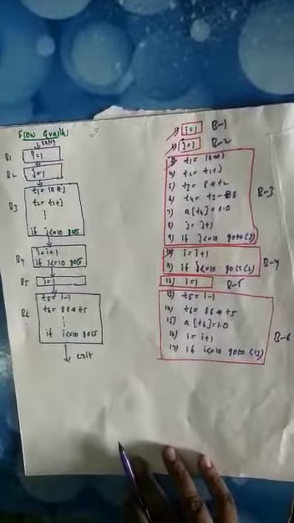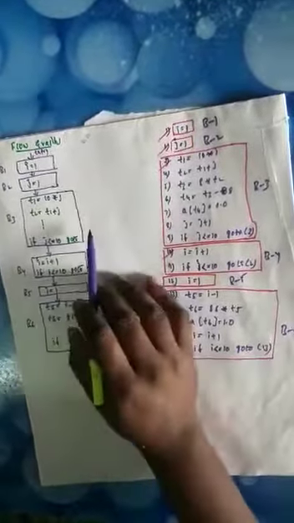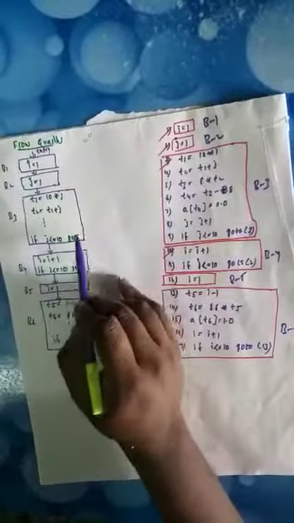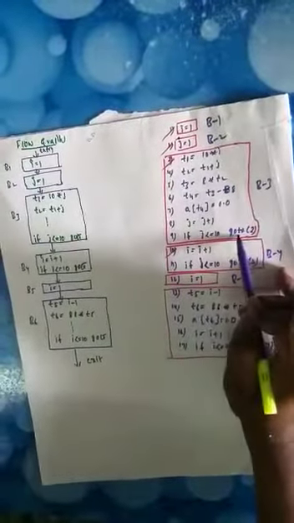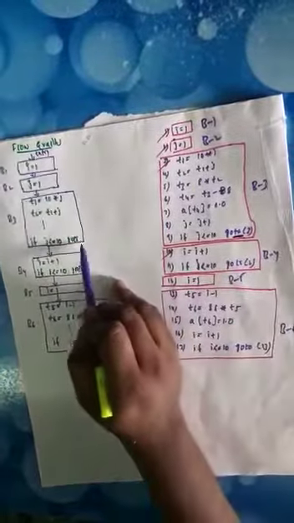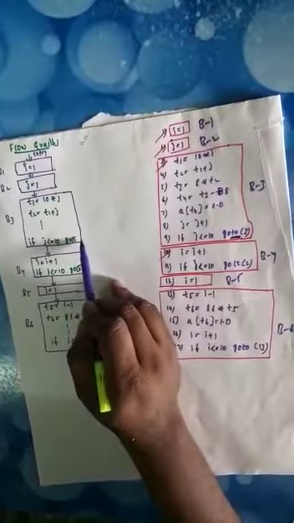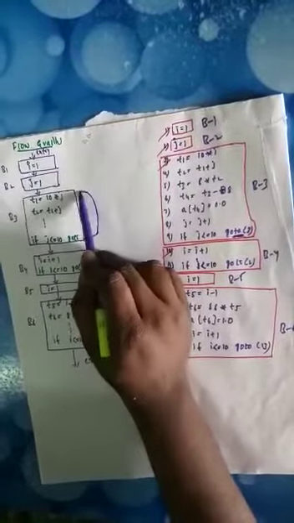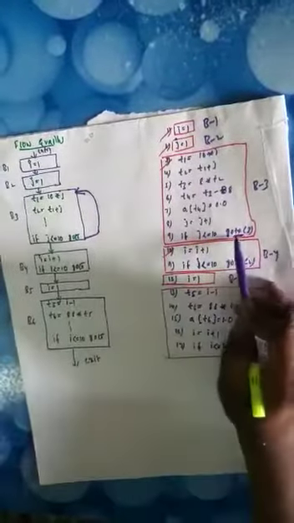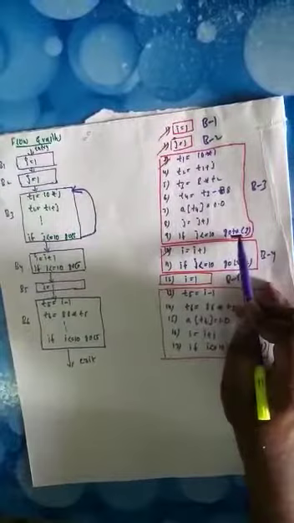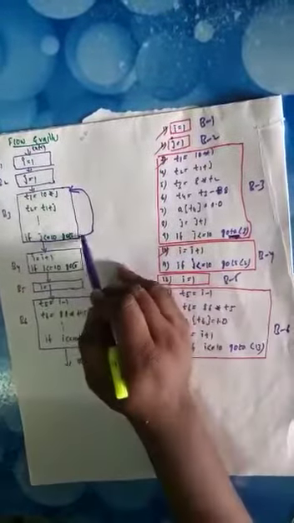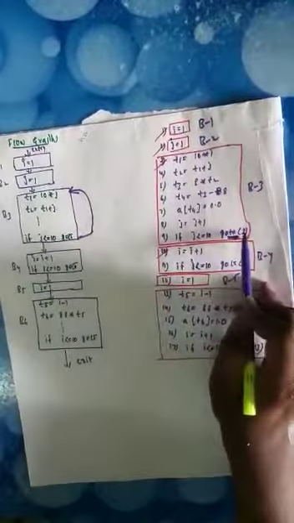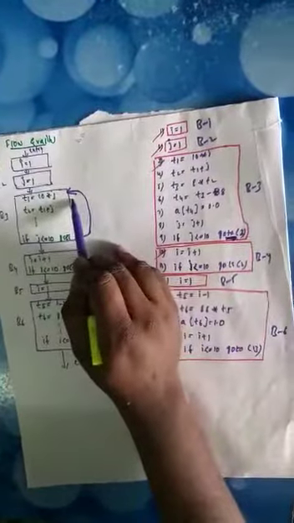And see here, we have a go to statement at number 3. So we make a transition to block 3. We have the go to statement at number 3, so we make a transition to block 3. So the go to 3 to block 3 is a transition.